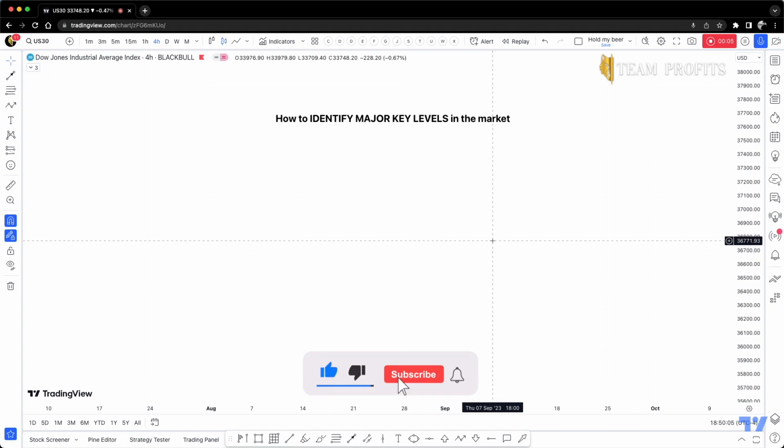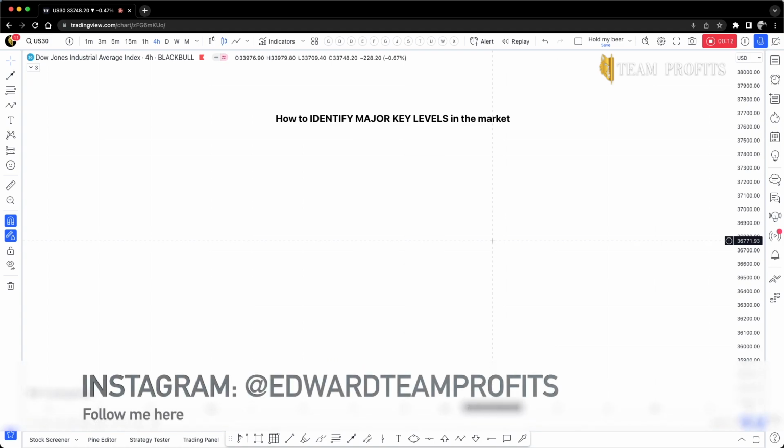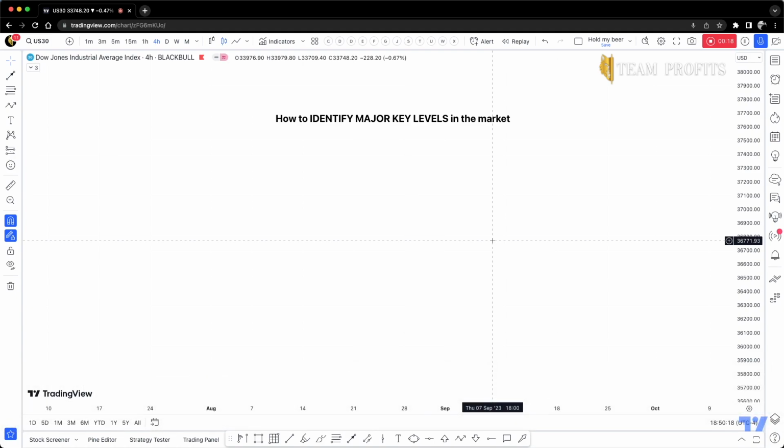At this time, I will be making a series, most likely, about how to identify major key levels in the markets. I was asking this question on my Telegram group,